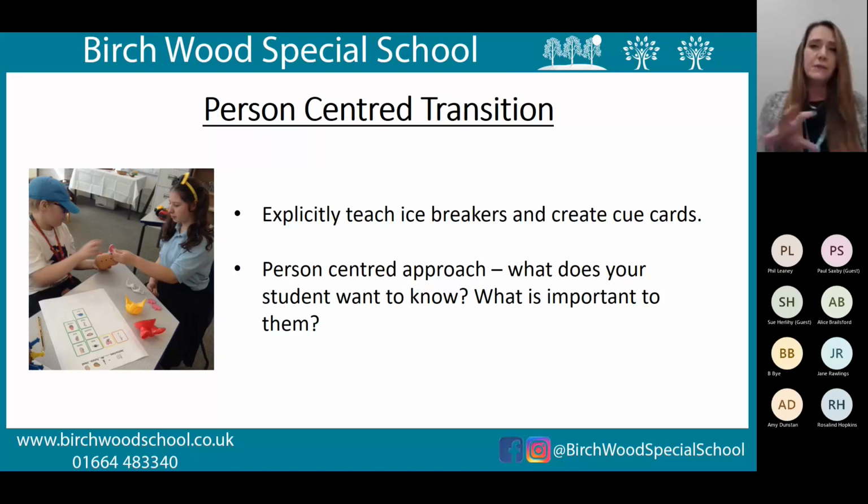And there's lots of different social communication games and things that you can play that prepare for moving on and for a new start and meeting lots of new people. That can be really helpful. So a person-centered approach to transition is crucial. As we know, everybody reacts differently to new situations, and finding out what's important to the young person themselves and the questions that they want to know, and then helping them to find them out can be really useful, especially if you're showing them that you have taken an interest in the things that are key to them, and then you're helping them and modelling finding that information from their new setting.